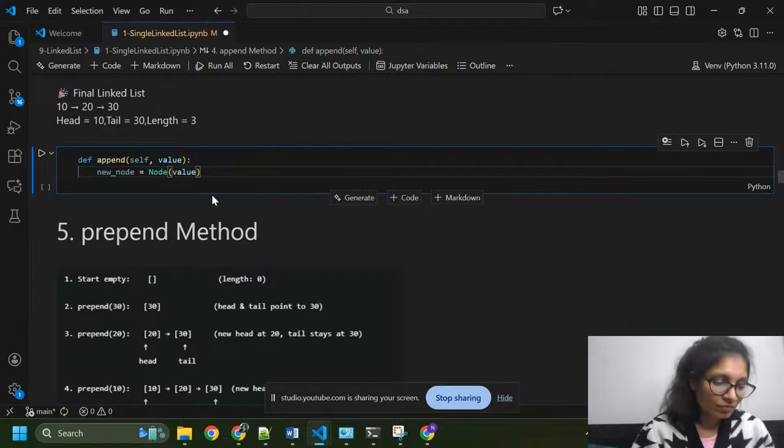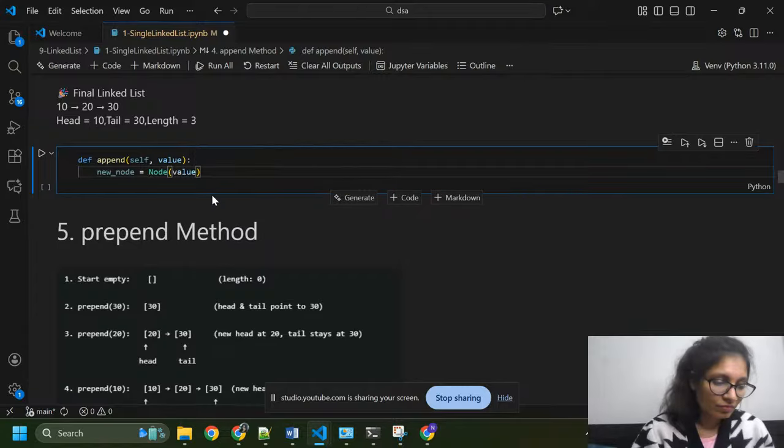Initially, self.head is None means we don't have any node. Head is none and tail is also none, so we are going to add the new node, that is 10. Because the list is empty, both are none. Now head equals the new node, 10.